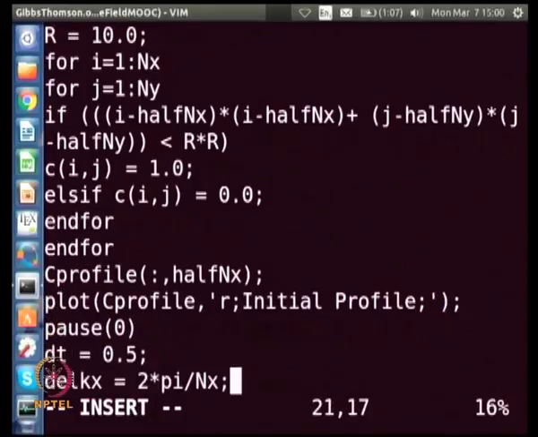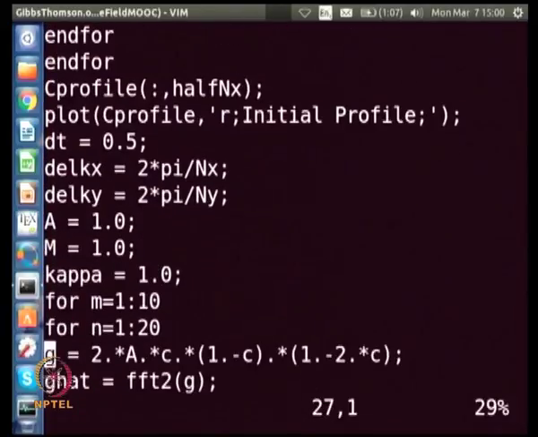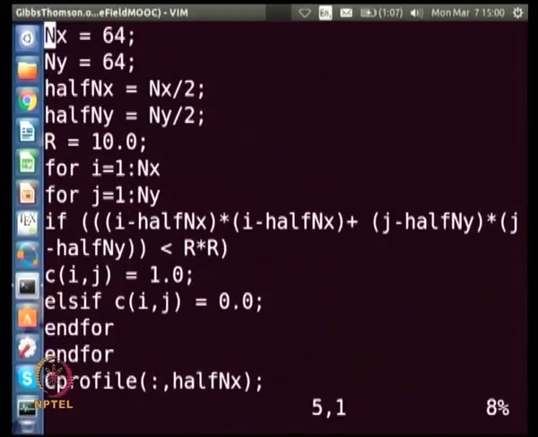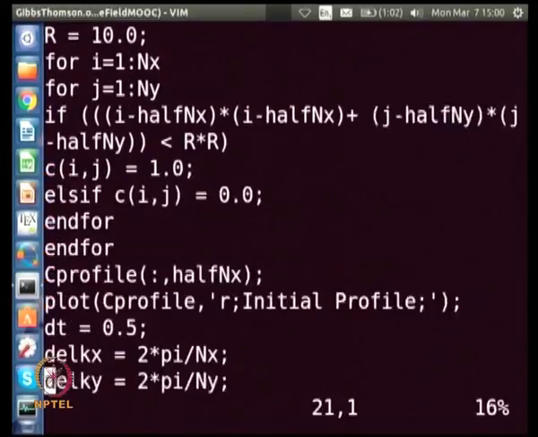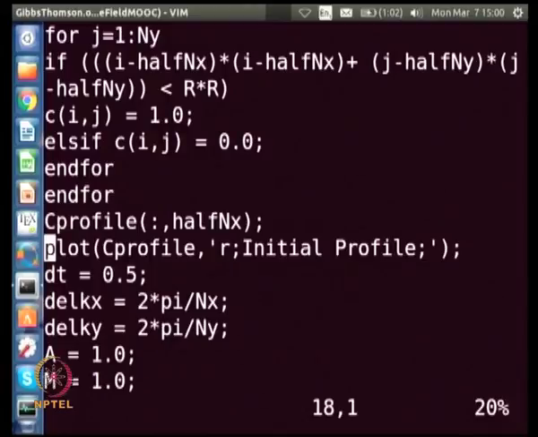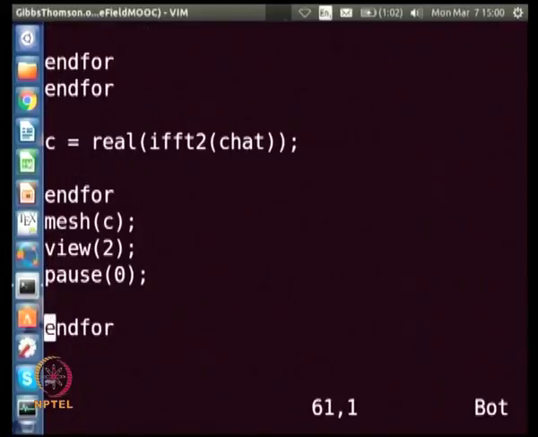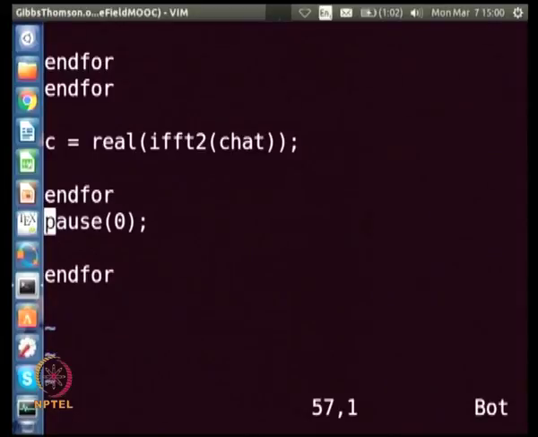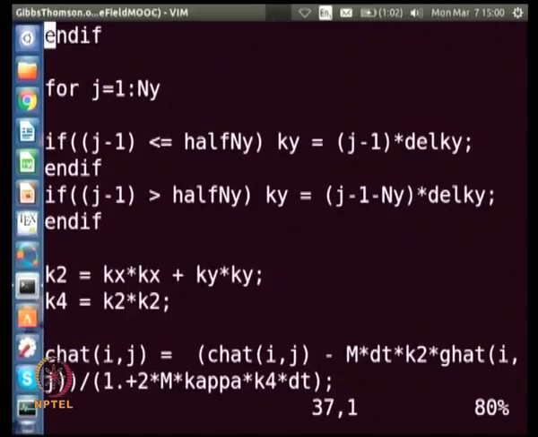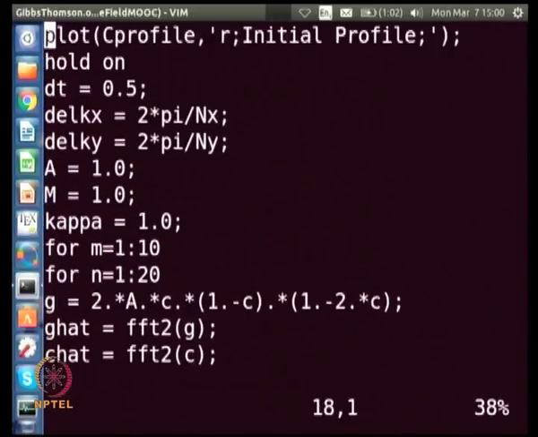Okay. So, this is what I am going to do. There is no need for a pause, but instead I have to say hold on. I think there is a hold on somewhere up there. So, let me put the hold on here. And so, I am going to remove this. So, I am going to copy paste the plot here. Okay.